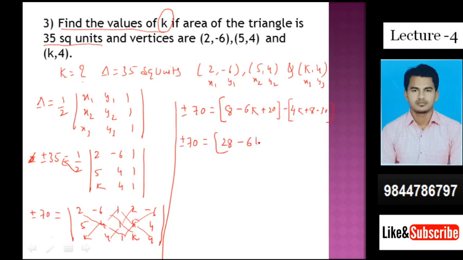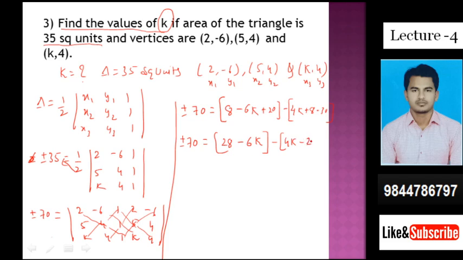This is the value, k should be as it is, because we cannot add and subtract with k value. K is the unknown value, we don't know the value of k. We couldn't add 28 plus 6 is 34. So many students will write 34k. Be careful, don't add and subtract. This is constant value, this is unknown value with k. Minus 30 plus 8, that is minus 22.